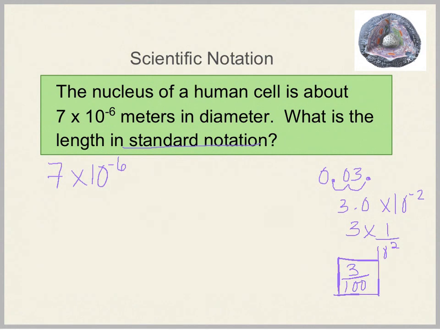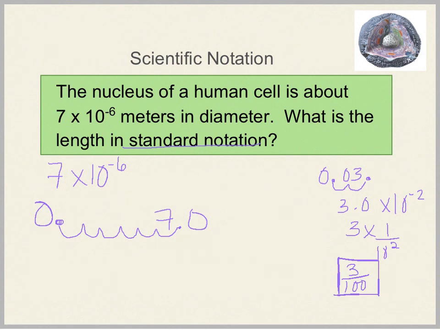So 7 times 10 to the negative 6th, I'm going to start by saying that's 7.0. And I need to move this decimal point then so that I create a very small number, where I'll be moving it to the left 6 places. 1, 2, 3, 4, 5, 6 places. This now gives me